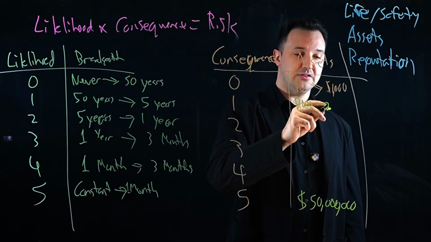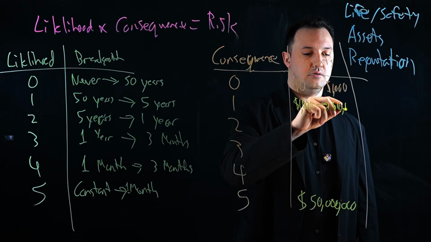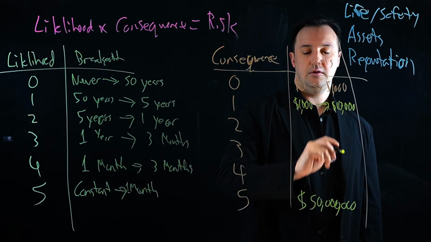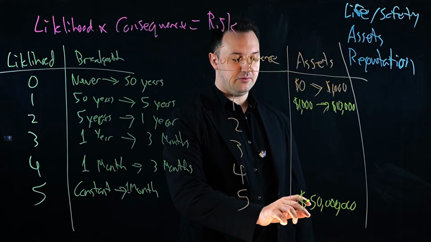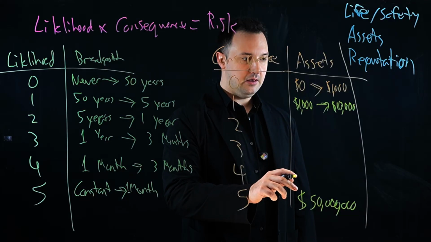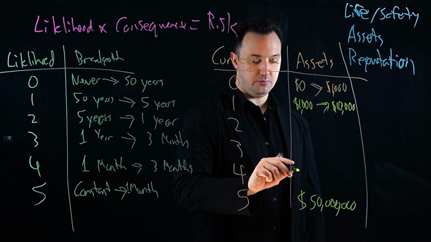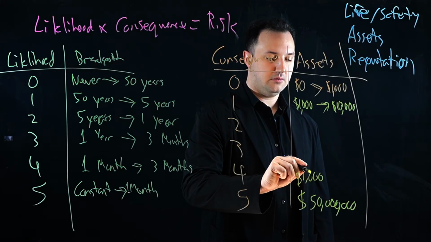So we'll say this is probably 10,000. We have an impact here that isn't catastrophic, but it's still very significant, and our business is going to feel it. I mean, $1 million's pretty safe here, so we'll go $1 million